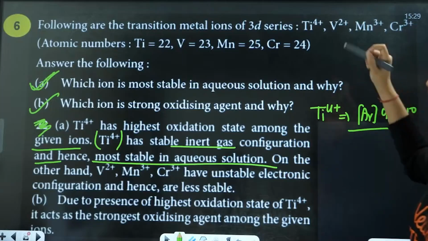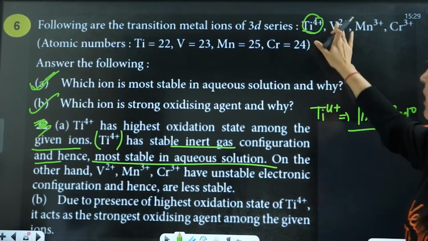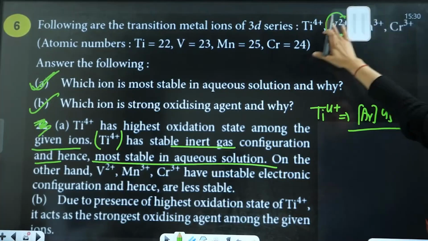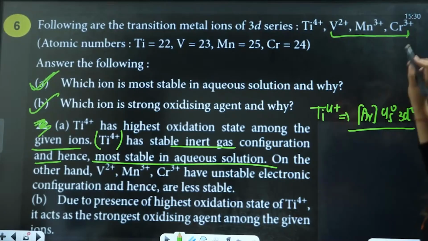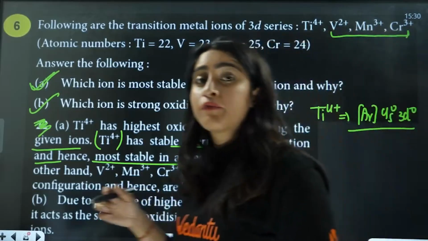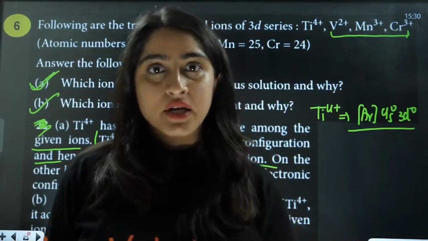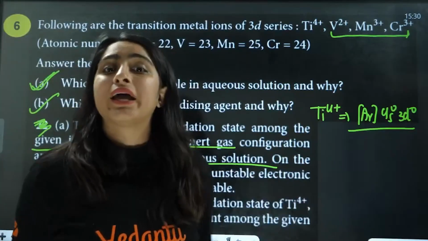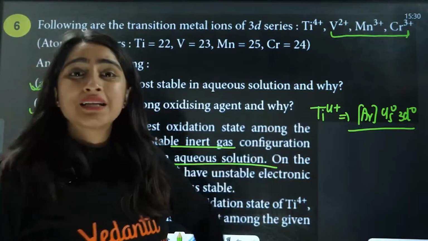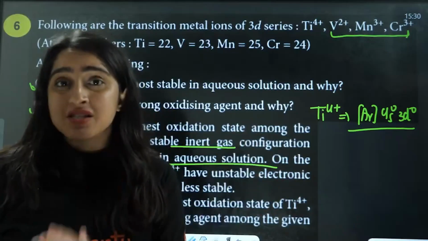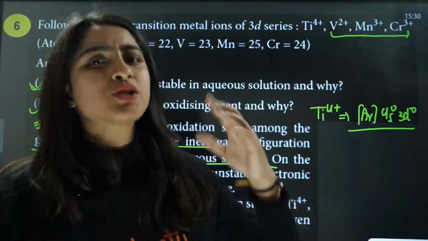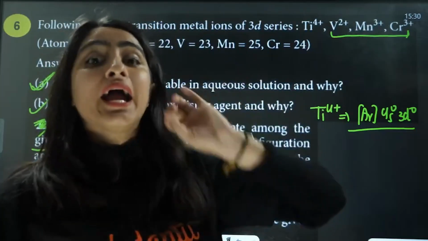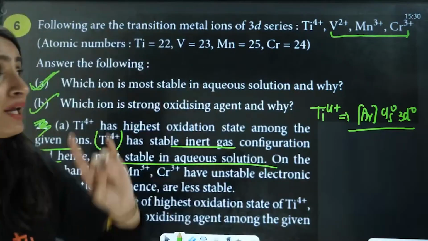You will see titanium, vanadium is 2 positive, it is 3 positive. So all are in the stable oxidation states. Here we are talking about the oxidation states. You will say, ma'am, it is stable electronic configuration, why would you want to gain electrons? But the oxidation state that is stable for titanium is 2 positive. It is in the highest oxidation state.